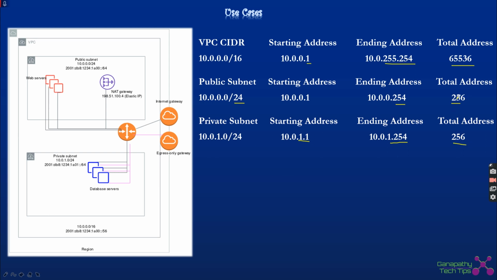Typically, whatever resources are going to be deployed within this subnet are going to make use of this set of addresses. Say I am going to deploy the web service inside this public subnet, so the IP address specified for this web service is going to be in this range. Similarly, if I am going to deploy the database service in the private subnet, the IP address for the database service is going to reside within this range.